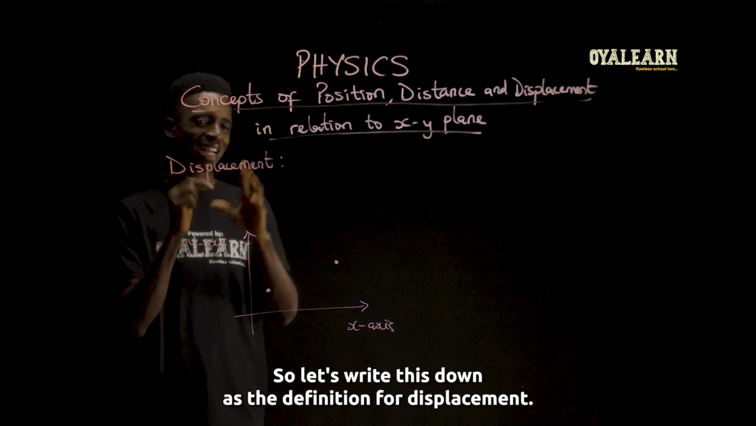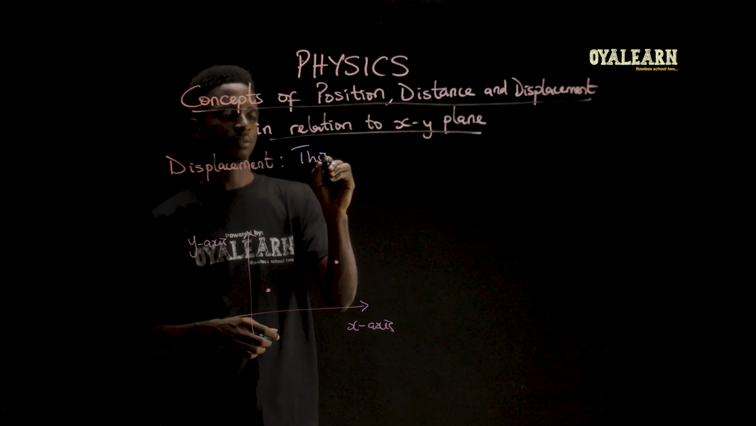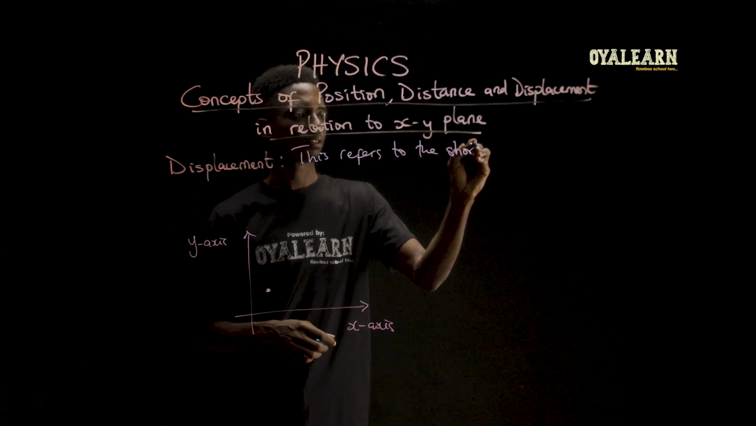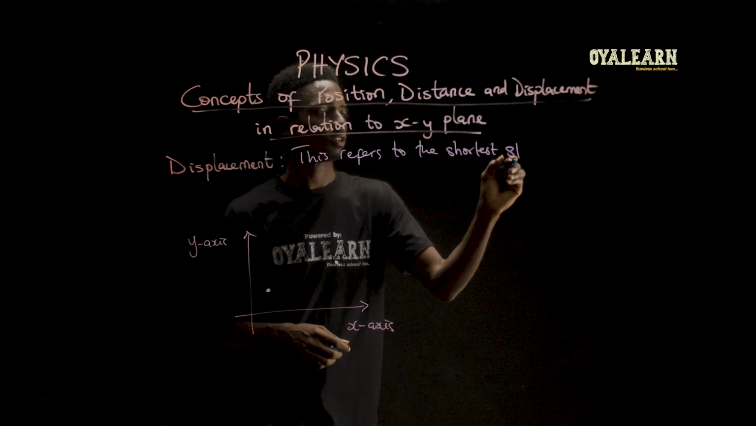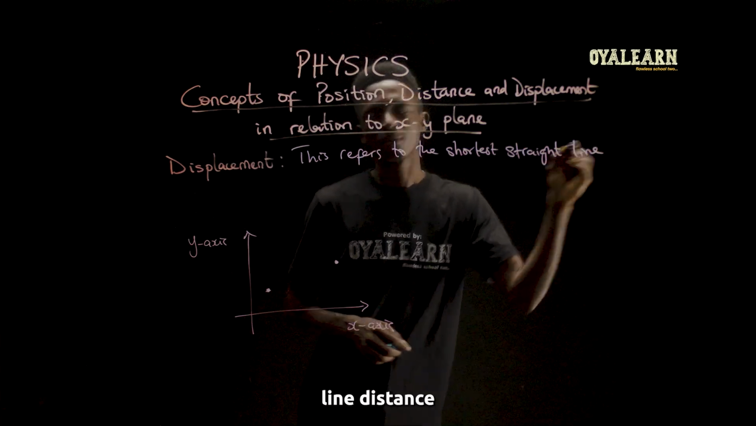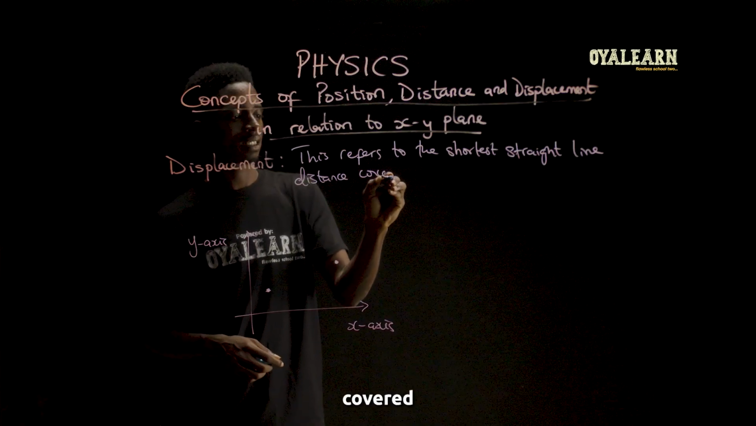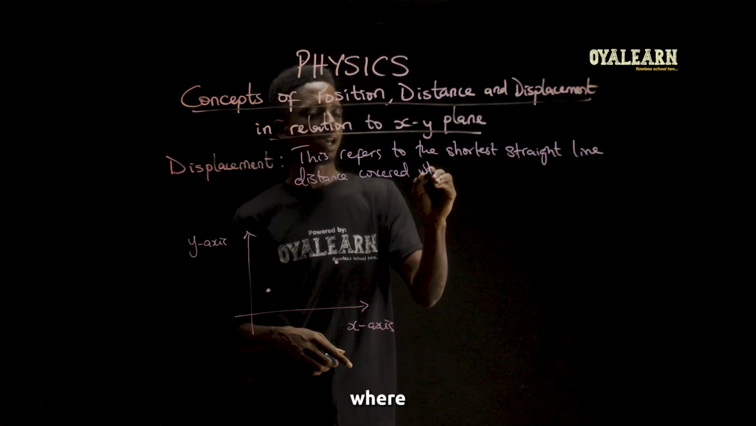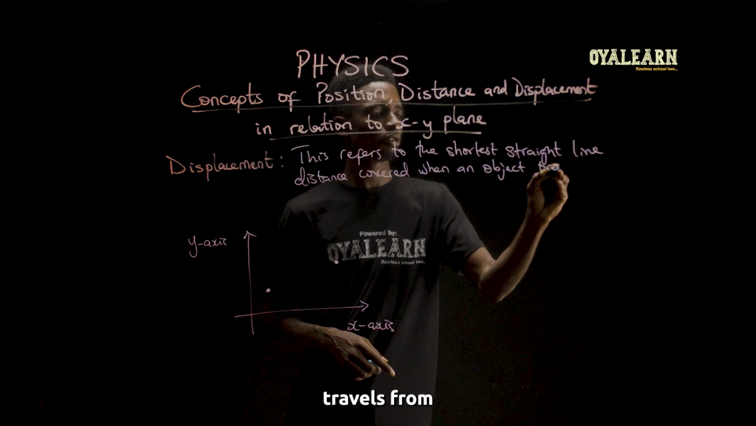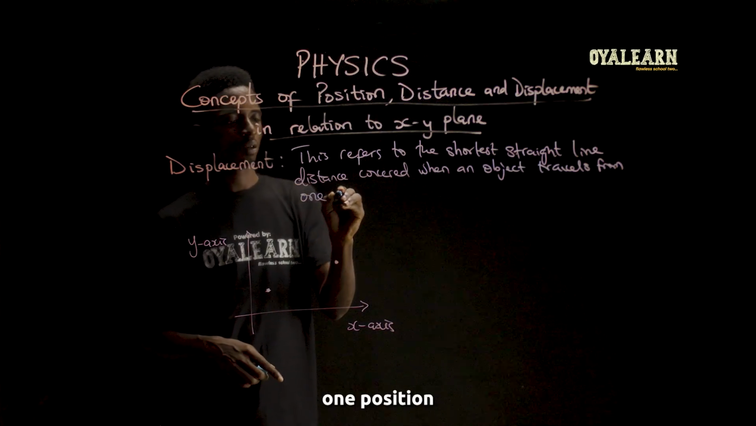So let's write this down as the definition for displacement. Displacement refers to the shortest straight line distance covered when an object travels from one position